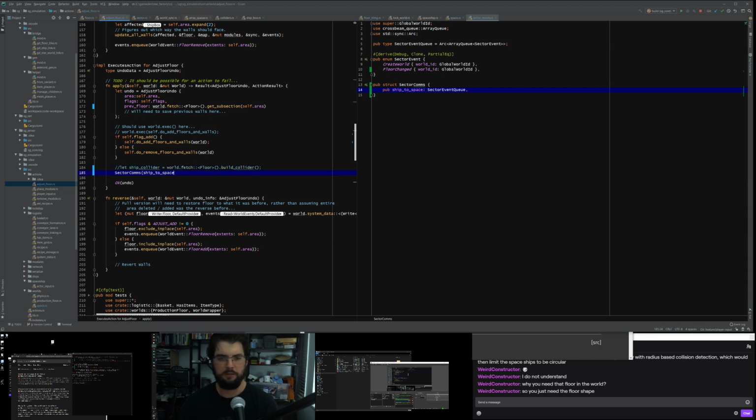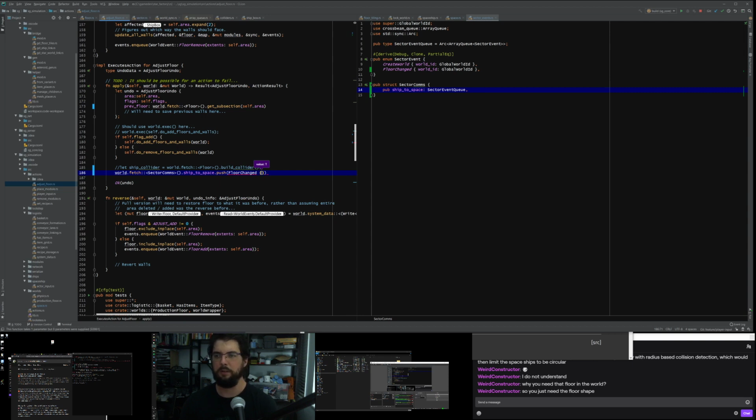But what we do need to do is send an event. So we need to use world dot fetch, which is how you get resources. We want to get a sector comms. We want to use this variable called ship to space inside of it. Import. We want to push a new event, which is a floor changed.